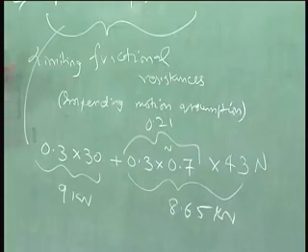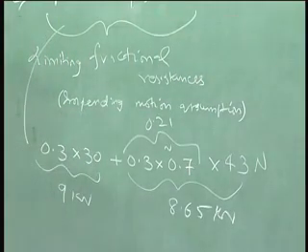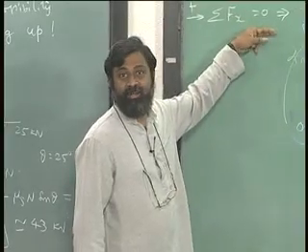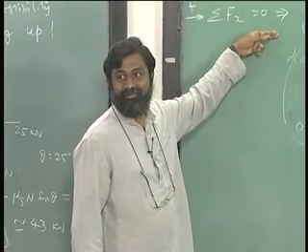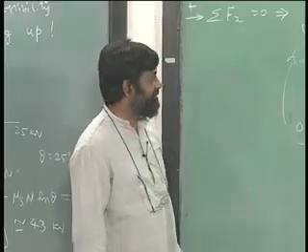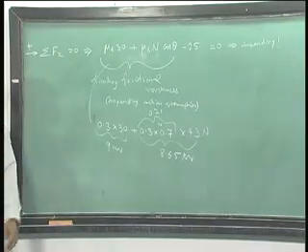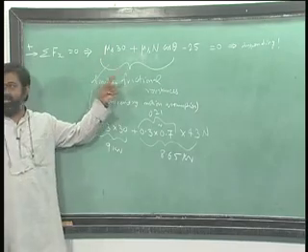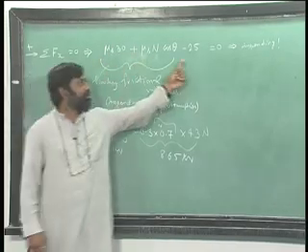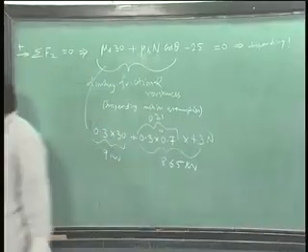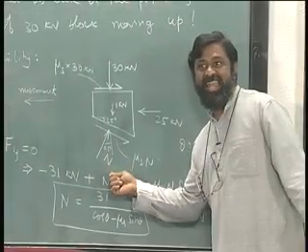Have I done this correctly? This is an important step. Most of the times we make a mistake here. Let us assume that if mu s is equal to 0, these two are gone and only this exists. How come? Because I have missed out this n, and n has a component, right,